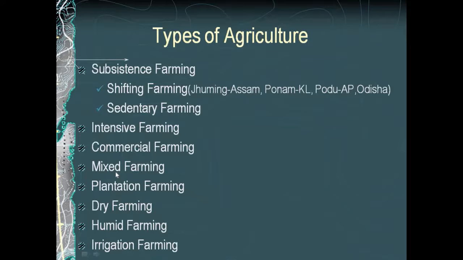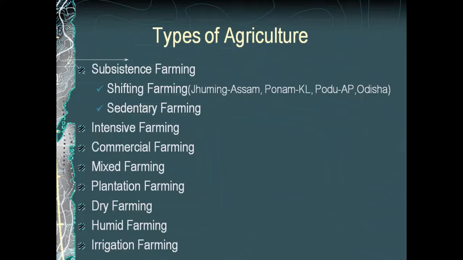Mixed farming. Commonly, students confuse intensive farming and mixed farming. Commonly they will ask the question: raising 2 or more crops in the same small land is called intensive farming actually. That is not mixed farming. Someone may think 2 or 3 crops means mixed farming immediately. So what is mixed farming? Agriculture involving the cultivation of crops and livestock rearing is called mixed farming.